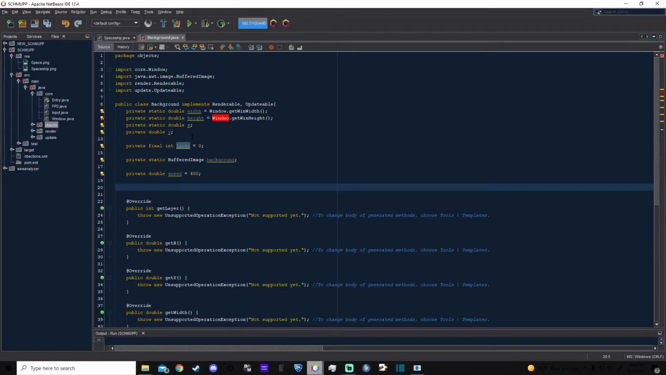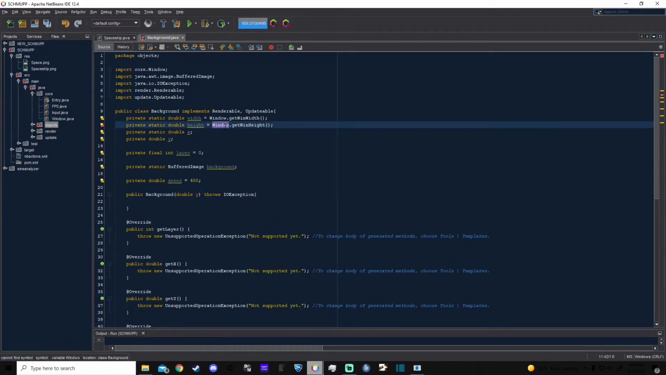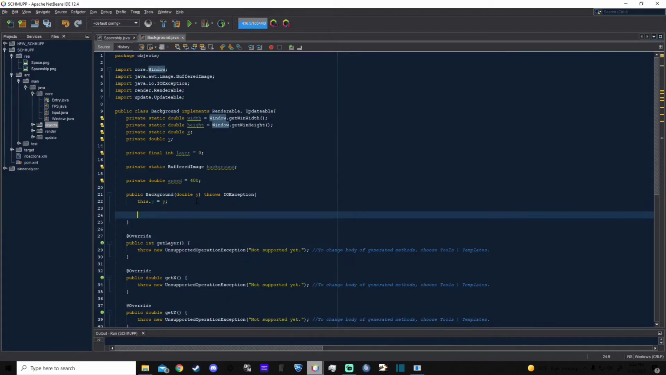And now we can actually create the constructor of this class. So public Background, and it's going to take in a y value, and we need to throw an IOException. I'm going to go ahead and fix these imports, and I misspelled Window here. So now we just need to set our y to the y that we passed into the constructor. And we need to set the background equal to